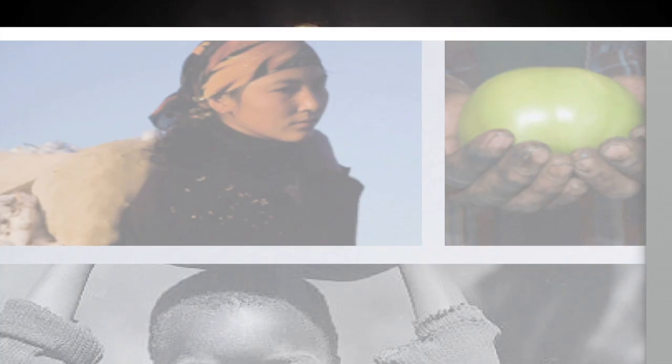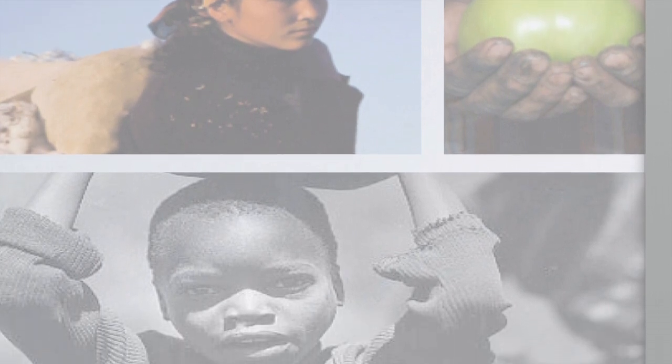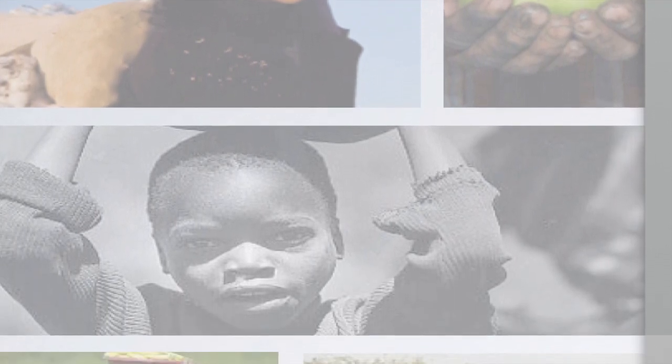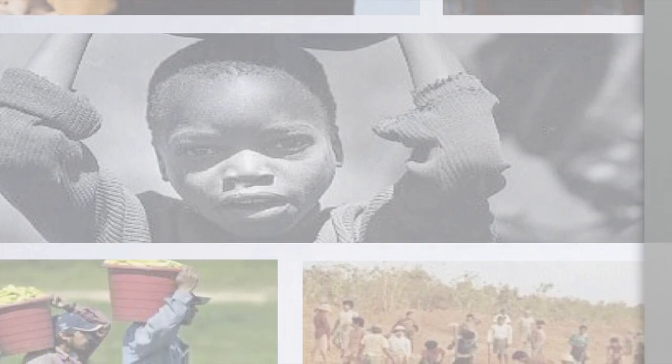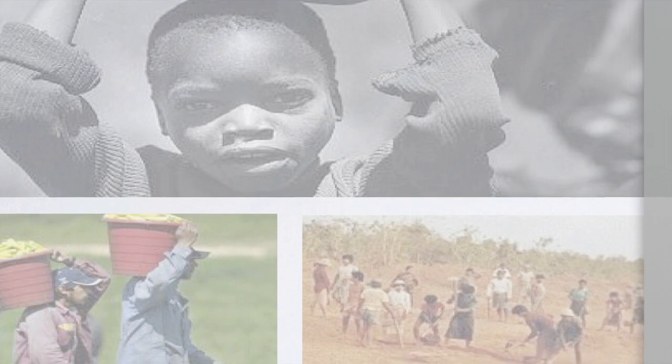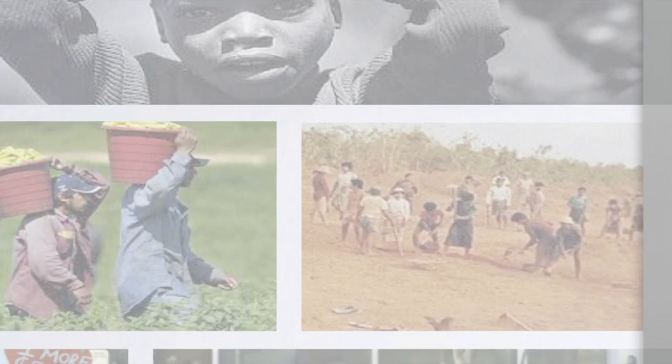There are patterns in terms of where forced labor would be most likely to take place in a supply chain. There are patterns about which types of workers would be most vulnerable to forced labor. We know that women and girls, migrant workers, ethnic minorities, indigenous people, people who are poor, are much more likely to be victims of forced labor.